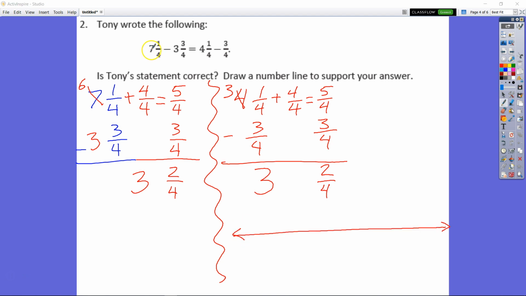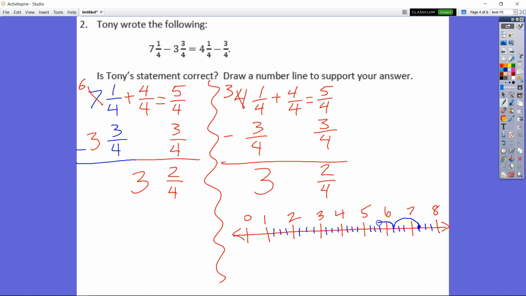What Tony did was he said that 7 minus 3 is equal to 4. So if you subtract 7 minus 3 first, you would have 4 1/4 minus 3/4. So it should come up on our number line the same way. So 7 1/4 would fall on our number line right here. 1, 2, 3. This would be 7 1/4. So now 3 tick marks to give us our fourths. So 7 1/4 minus 3 3/4. So that'll be minus 3 would be